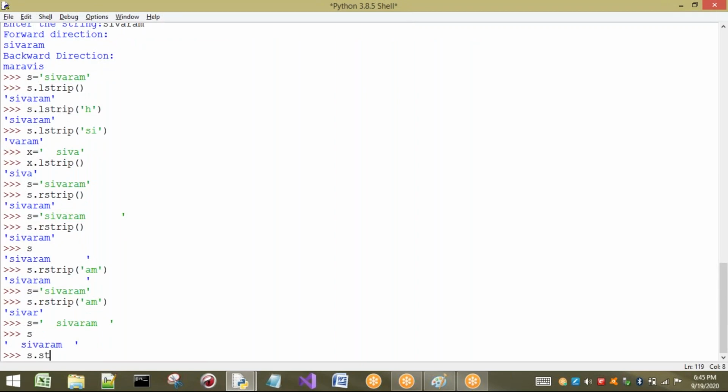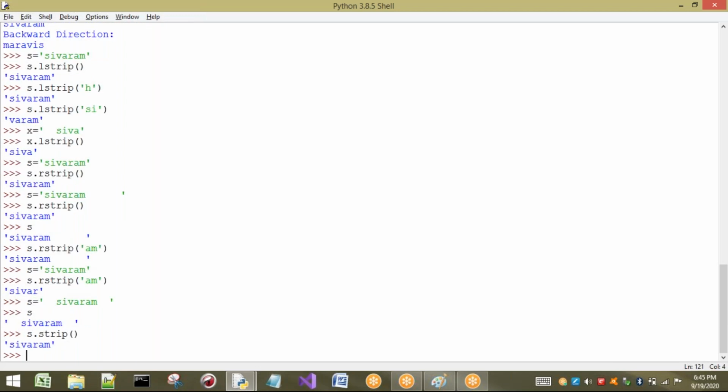Now if I apply s.strip, lstrip means it is going to remove left spaces. rstrip without any characters is going to remove right side spaces. Now this strip is going to remove the spaces from the first and last, or we can also consider it as trailing and starting, or head, or leading spaces.